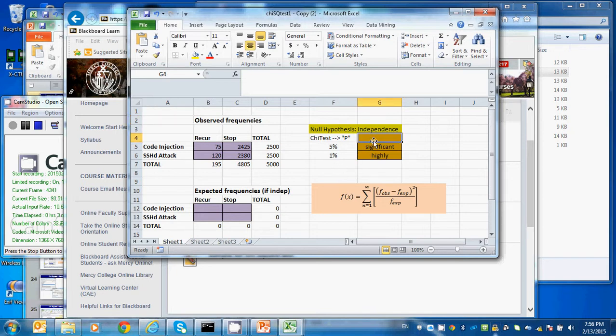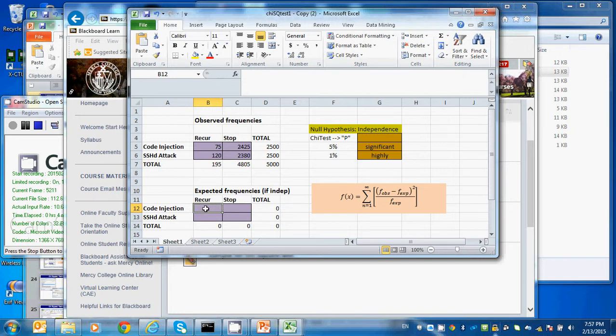How can you get this number? Before we get that number, based upon the observed frequencies, we need to generate expected frequencies. These expected frequencies can be generated based upon the probabilities. For example, out of 5,000 cases, this slot occurs 2,500 and 2,500, and this one 195 and 159. So what we could have here is that